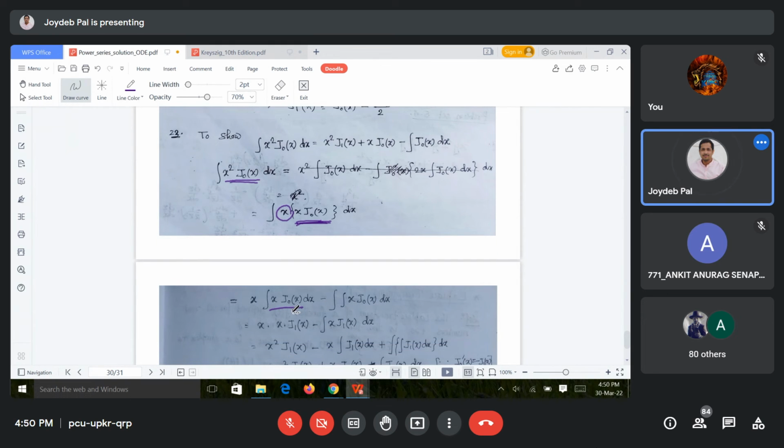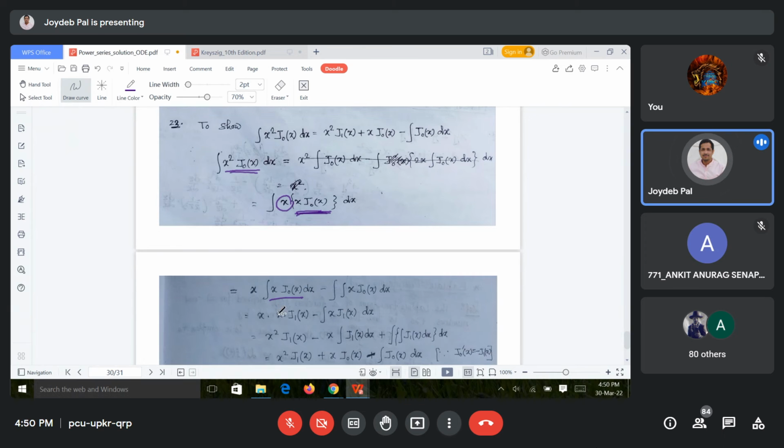Now you see how I can substitute the value of this integration. You try to reduce the number of integrations. Now I can reduce that integration